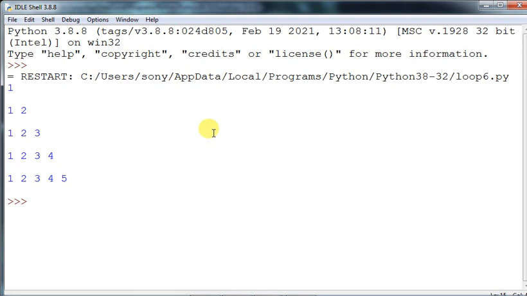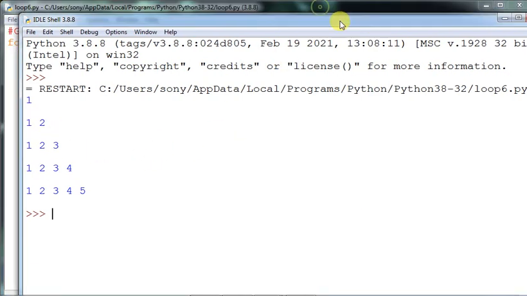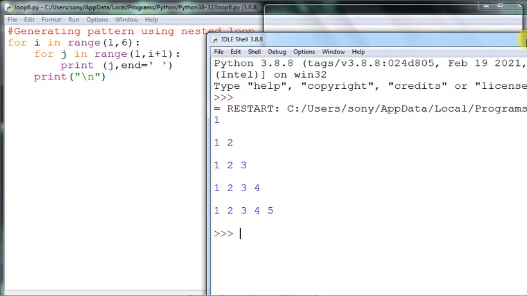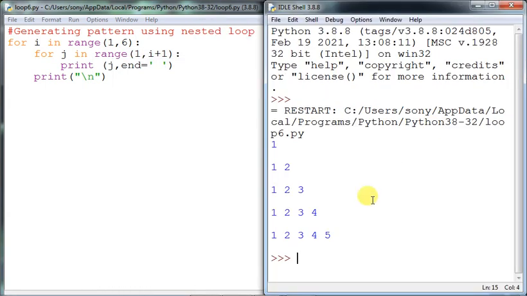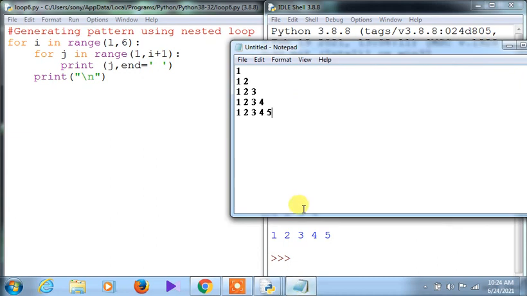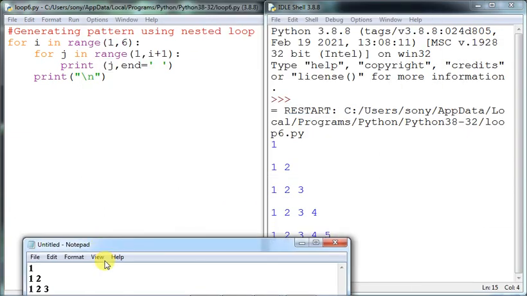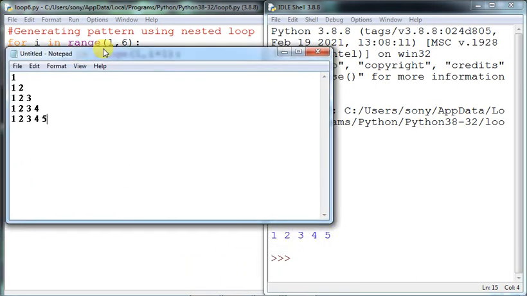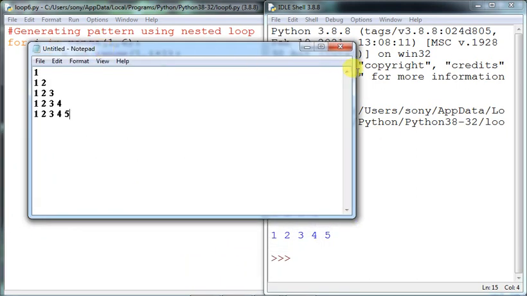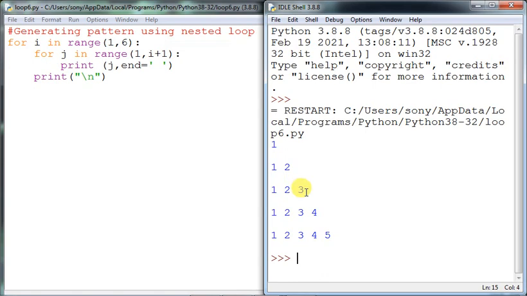Yes, it has come like this: 1, 1 2, 1 2 3, 1 2 3 4 and 1 2 3 4 5. Simple. As we have discussed in this pattern, the same pattern has been generated when we write the program like this.